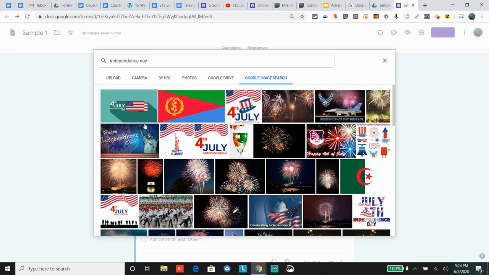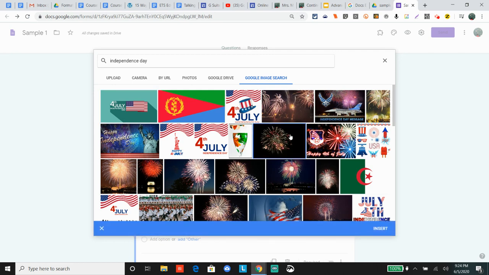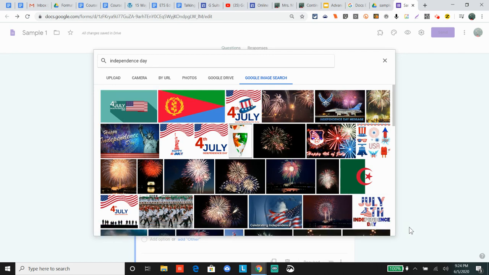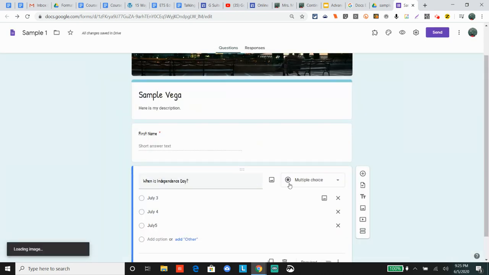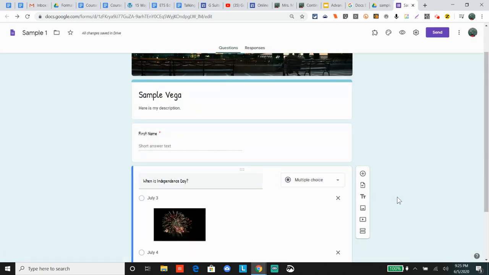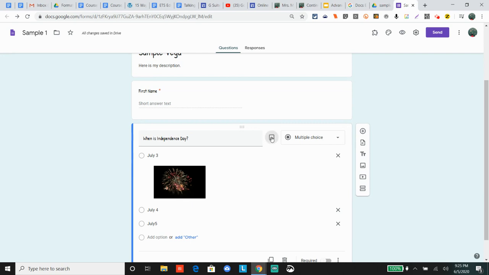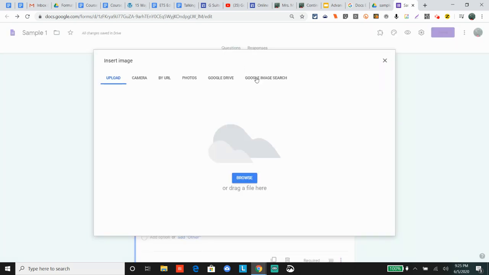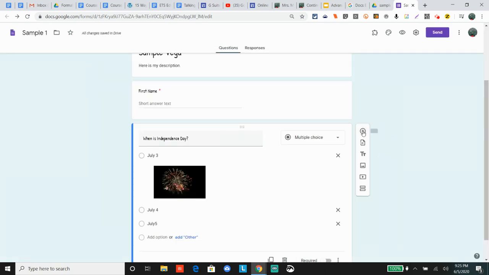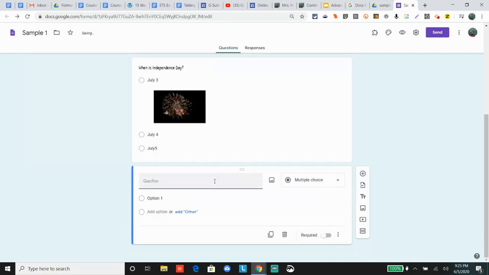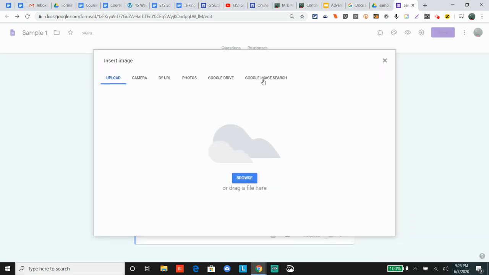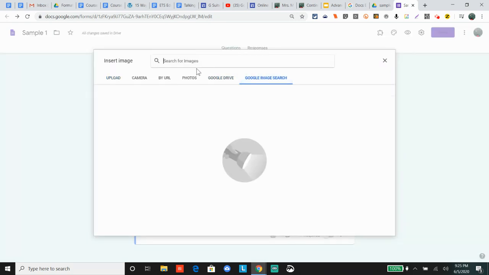But another great, let's insert that. Another great thing you can do is add an image to the question. A lot of times that's more beneficial. Let's say you want to do a new question. Type it right here. What kind of animal is this? And then, just do